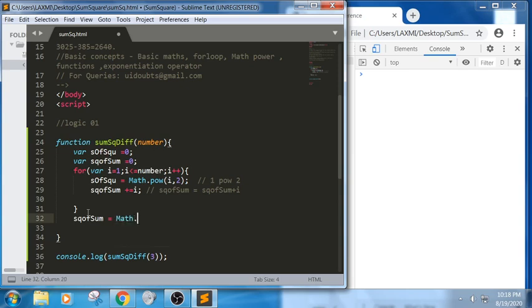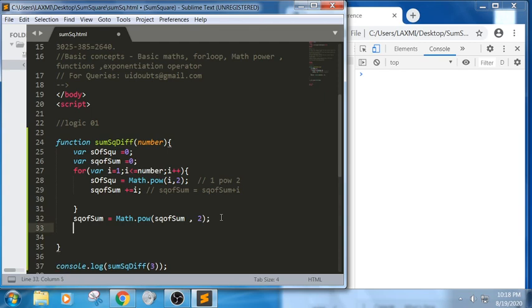math dot power, sq of sum comma 2, which indirectly means, for example, if the first value is 1 here, in the first iteration sum of squares is 0 plus 1, so the first value will be 1, so it will raise math dot power equal to 1 power 2.